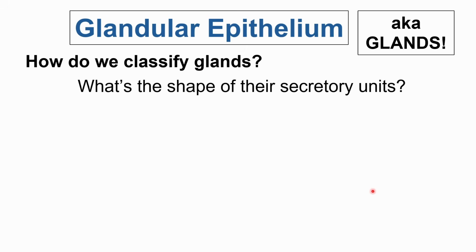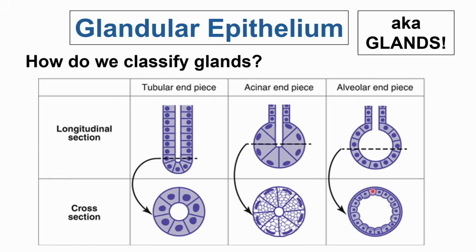Okay, what about the shape of the secretory units? Basically, imagine the secretory units are 3D in shape. They're like clusters. They can be tubular, test tube shaped, or acinar or alveolar. The majority of references would interchange acinar and alveolar. For our purpose, I think it's just enough to differentiate between acinar or alveolar versus tubular.